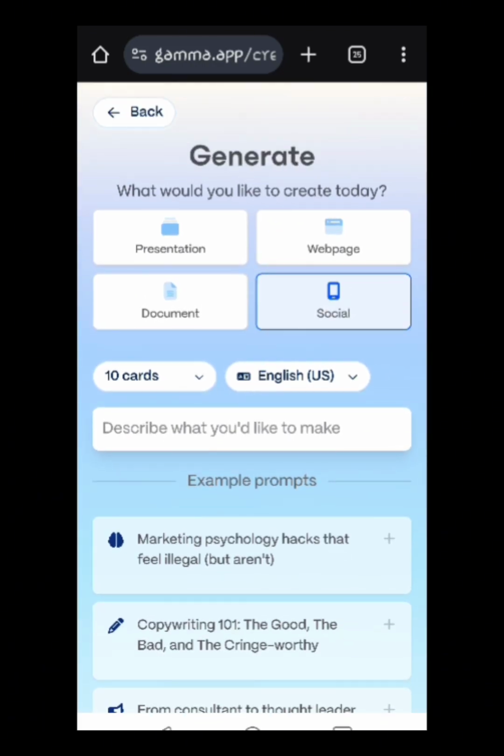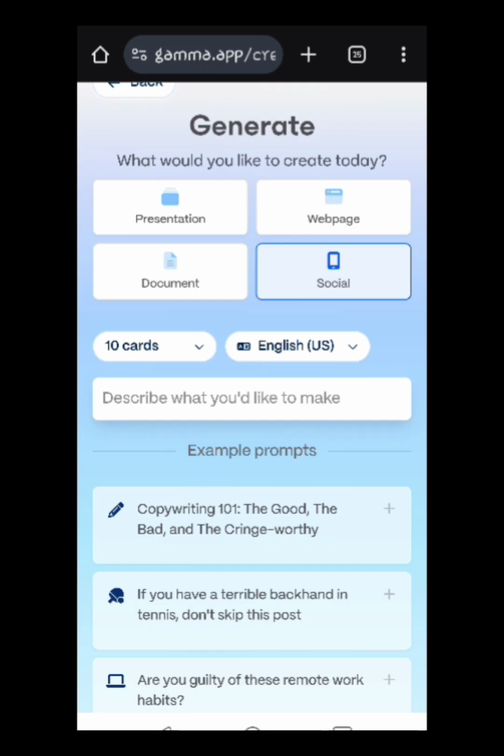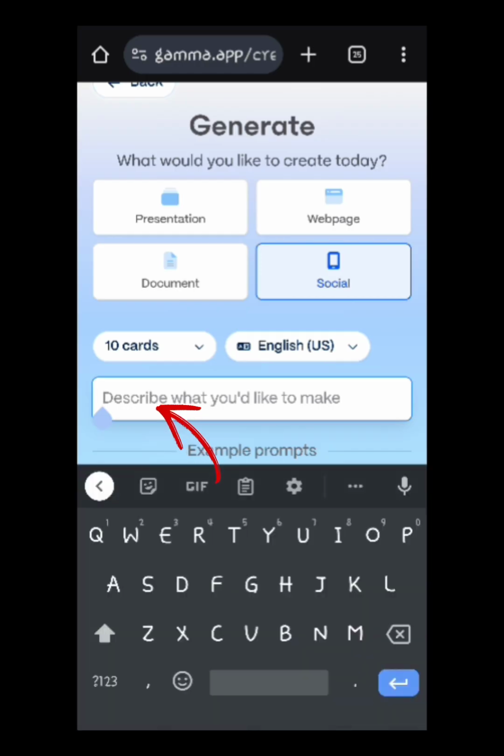Okay, so for this video, I want us to do two things. First thing, I want us to create a social media post or a carousel which we can post maybe on Facebook, and maybe we'll create an ebook. Okay, so let me run through that very fast. So for the social media part, I've selected social. So describe what you want to make. I say, okay, I want to make a carousel maybe that I want to post on Facebook. Okay, and the title of the carousel may be